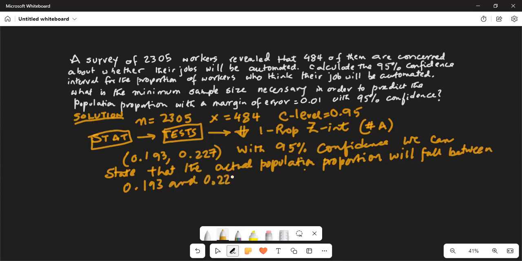Please note, this 95% confidence means that is the percent of confidence we have in the method that we